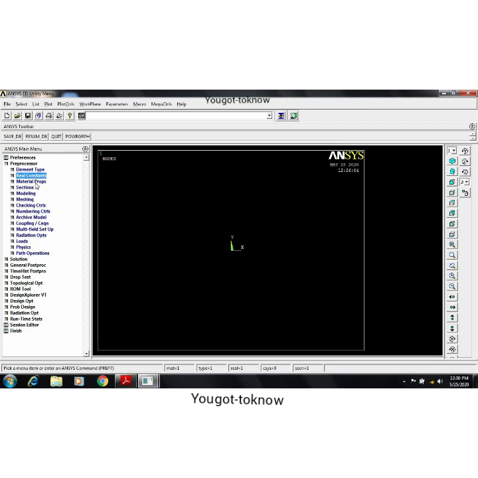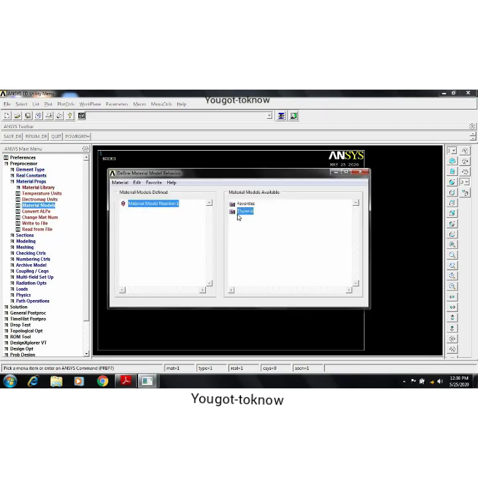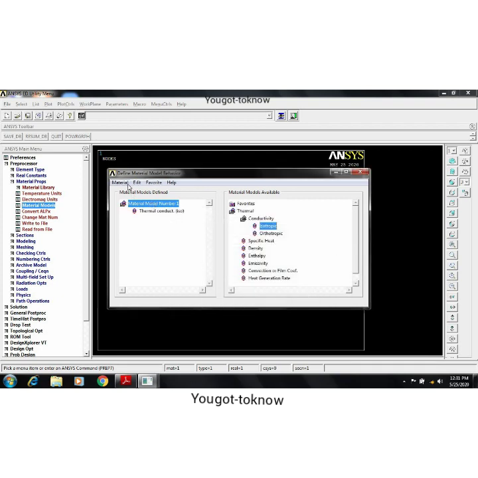Now minimize this. Next, material properties, material models. Now go to giving all the properties first. Thermal, conductivity, isotropic. Now first one, what is the first material? K1. K1 is 1.5 watt per meter Kelvin. I'll give 1.5. Okay. Then material, new model, because I cannot give the same values there. I want to create one more model, because there are 3 K values, I want to give 2.